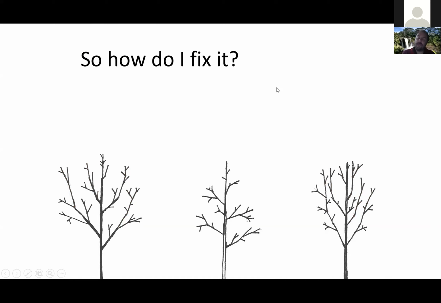I just want you to think for maybe 30 seconds on how you would prune those trees. I'm going to refill my water cup while you do that. So I'm just going to give you a few seconds to think about how you would prune these trees. Assume that you have unlimited pruning budget. You could prune as much as you want, which isn't real world, but for the sake of our example, you can prune as much as you want. So I'm going to give you about 30 seconds. I'm going to grab some more water, and I'll be right back, and we'll talk about what I would have done.